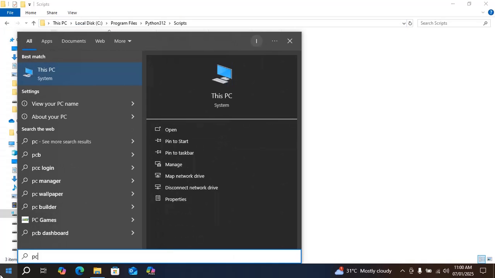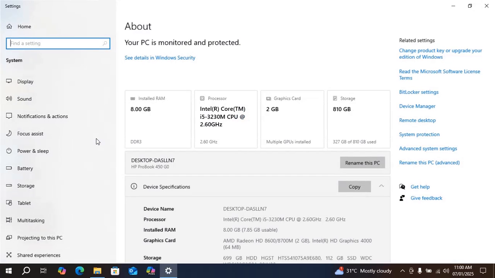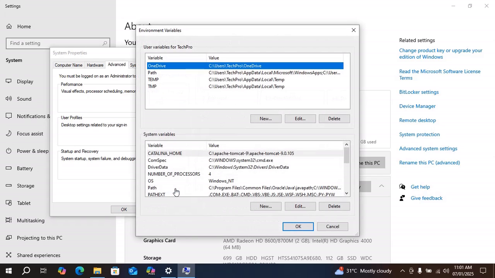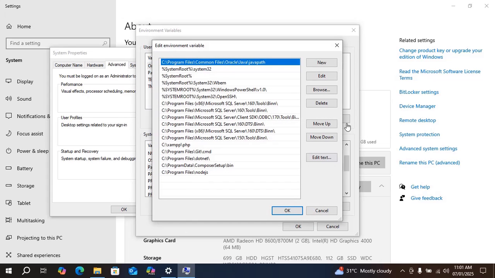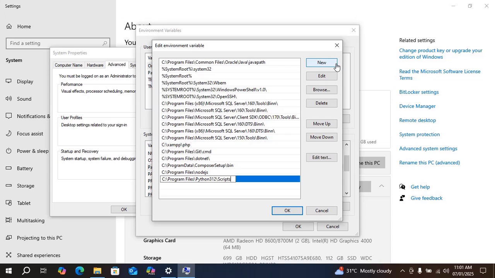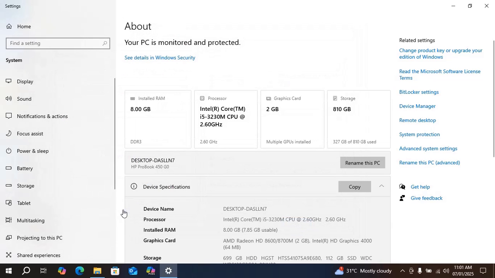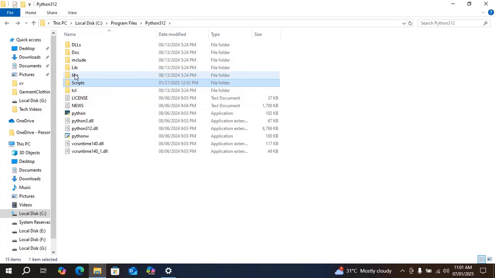type PC, right click, properties, then just go to advanced system settings, then go to environment variables, then under system variables click on path, edit, new, and paste. OK. Then just go back and click on